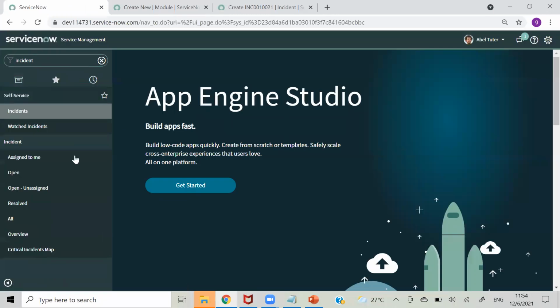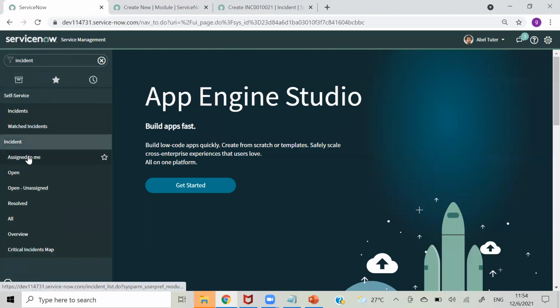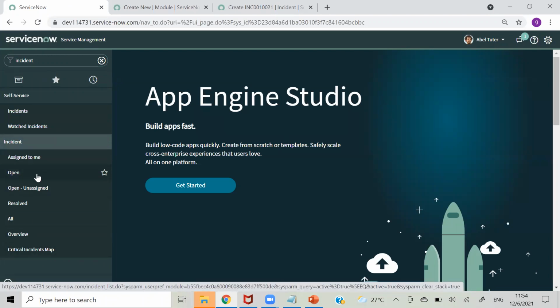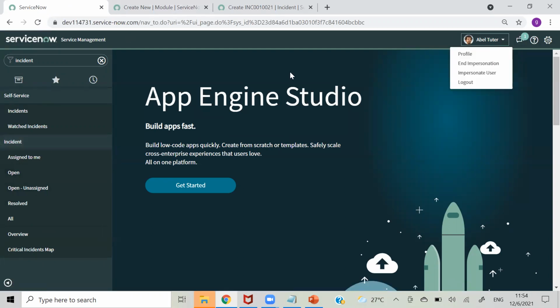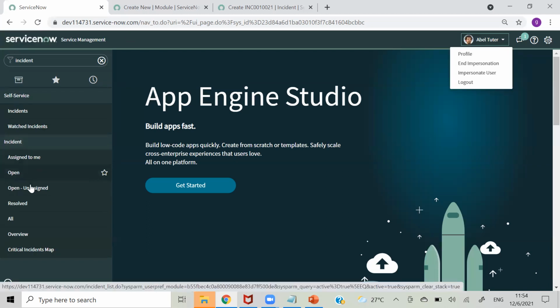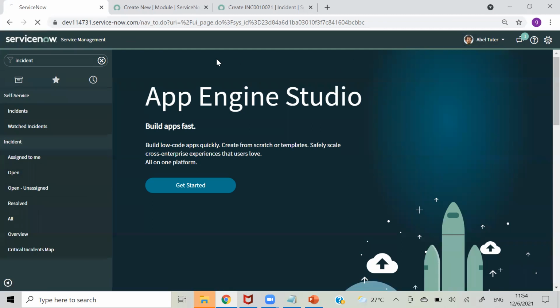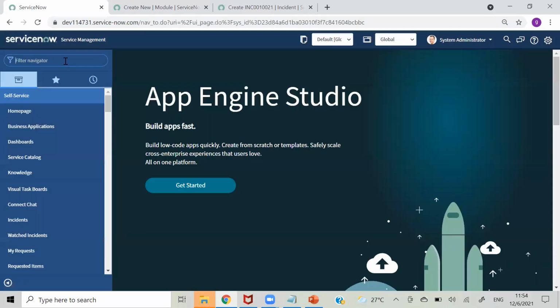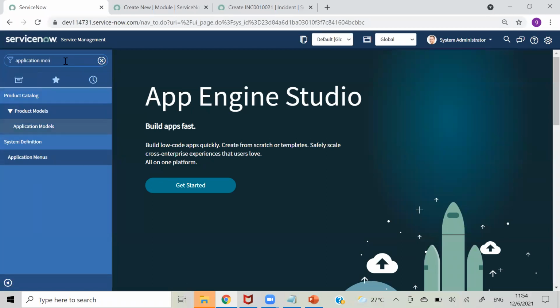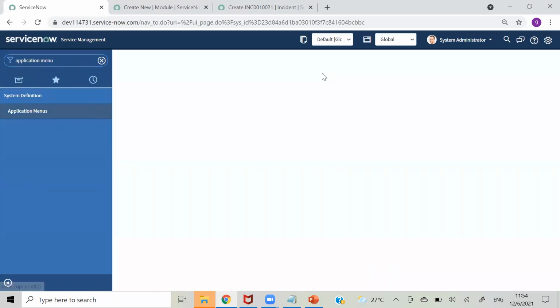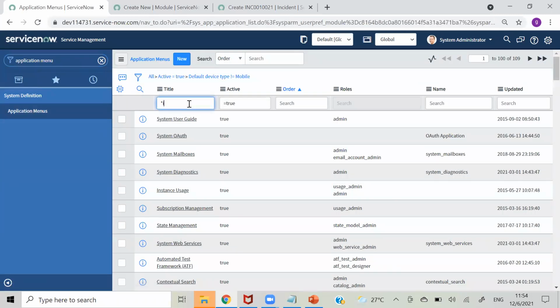Incident. So here you can see he's able to see, but he is able to see only these 4 or 5 modules, but he is not able to see that create new and those things. Okay, because I think in the application that role and this assigned to me open role are the same. That is why it is showing. And let's try to give that to the create new module as well. Application. Incident.